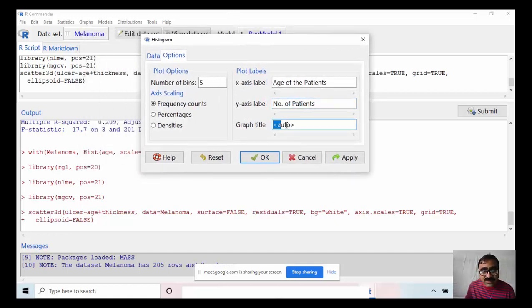So here I can also give a graph title, distribution of the patients. Histogram, histogram of the age of patients.